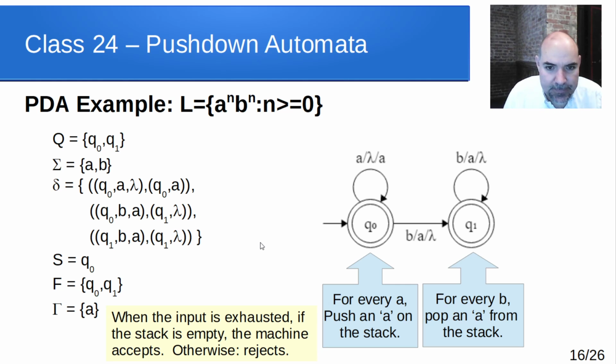So if there's stuff left on the stack, we had more A's than B's. If we got to a point where we got a B and there were no A's on the stack, we don't have a transition for that, so we immediately reject. So if there are more A's than B's, we reject. If there are more B's than A's, we reject. If any other symbol shows up, we reject. Works and makes sense.